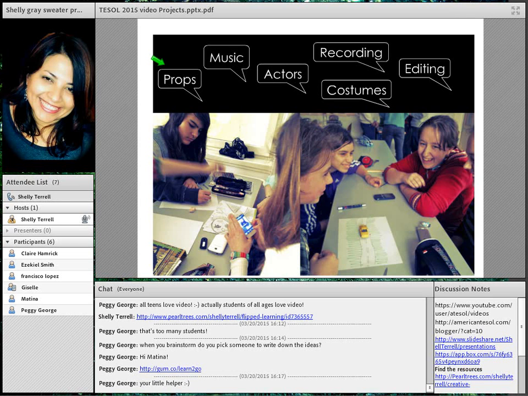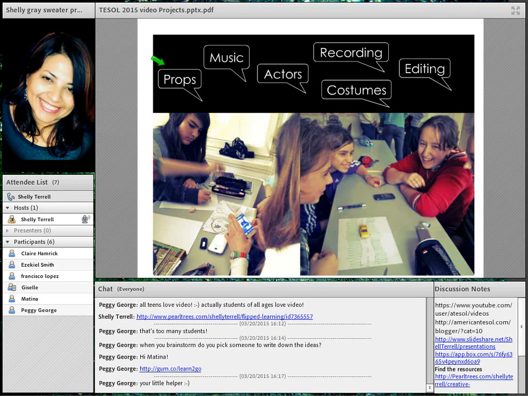They mean and acting doesn't mean that they actually come out and show their faces, because there are great Web 2.0 tools out there that really help your students to shine with avatars. And so sometimes students are a lot more comfortable being an avatar and coming out in the movie that way,